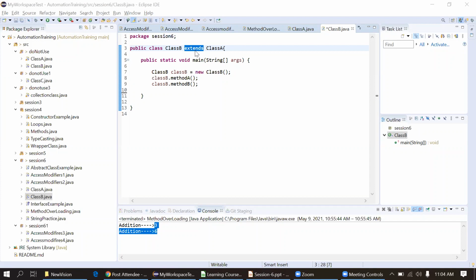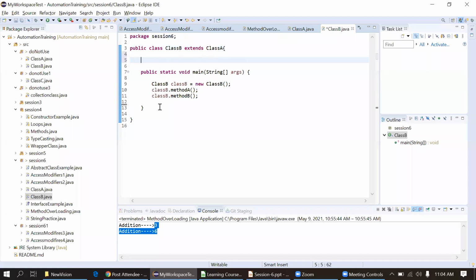Question from Karan: can you explain method overriding? Okay, fine. I will create one method here again.